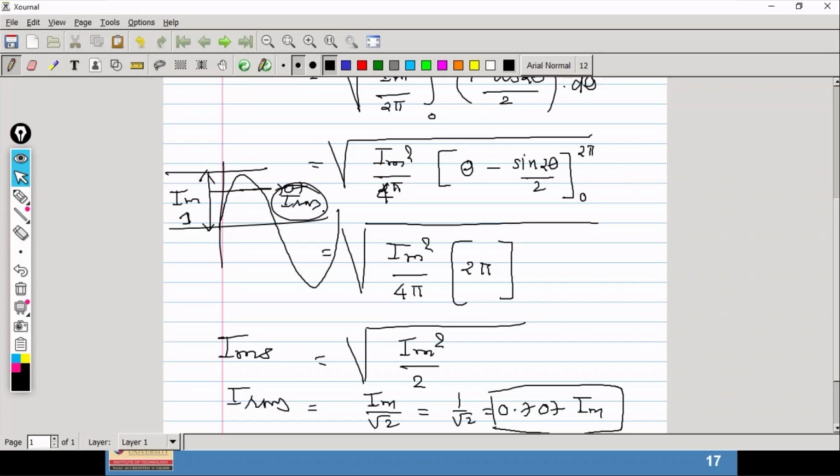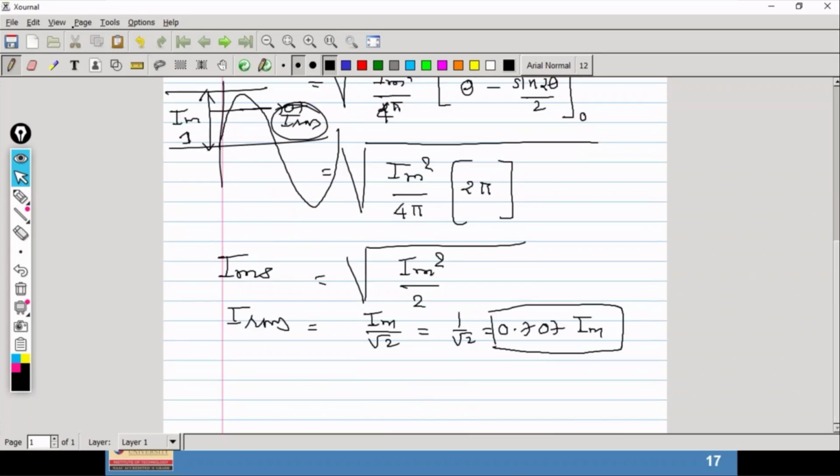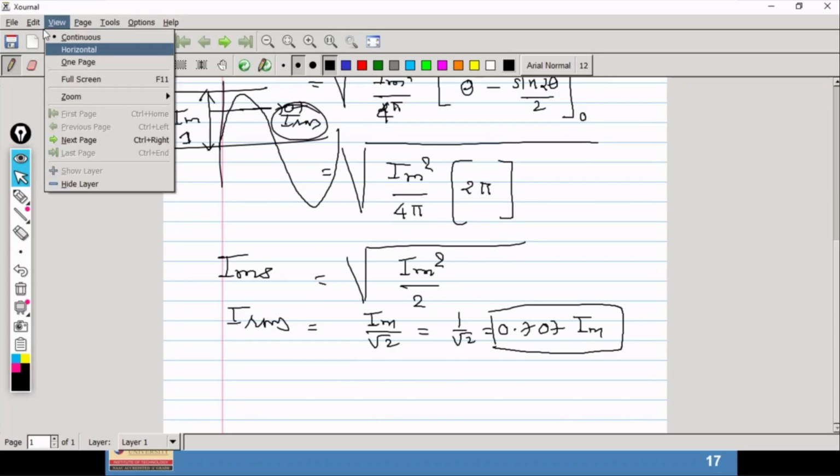Fine. And this value of current and voltage is not maximum, not average, but it is RMS value. So whenever you measure the current at your premises, it would be RMS value. Fine. So you can convert it into maximum value. You can convert into average value also. So this is IRMS. Similarly, we can go for average value also.